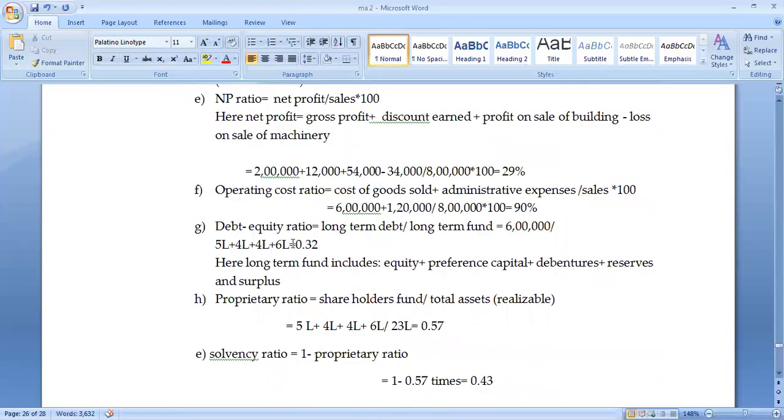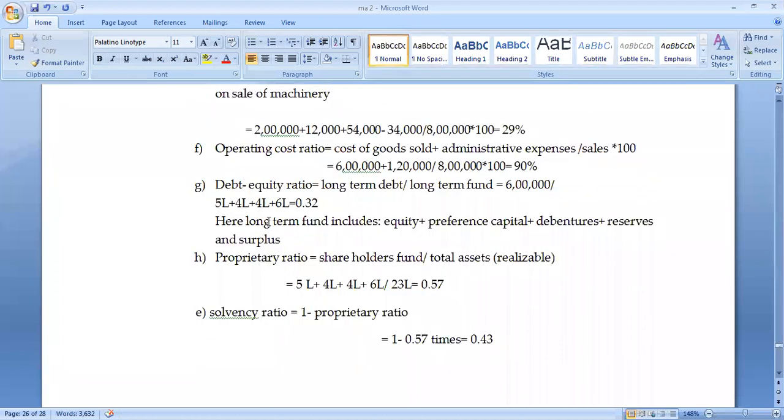Okay. So next is debt equity ratio. I told you about operating cost, right? Now next we'll move on to finding the debt equity ratio. I am a bit fast only because we have already computed this in the previous almost 10 to 12 questions with the same formulas. So I don't want to drag the same again.